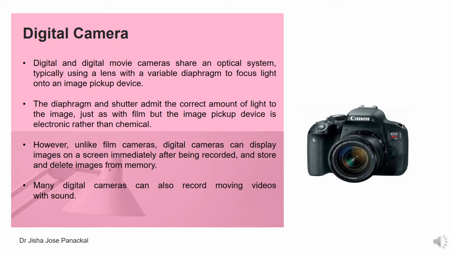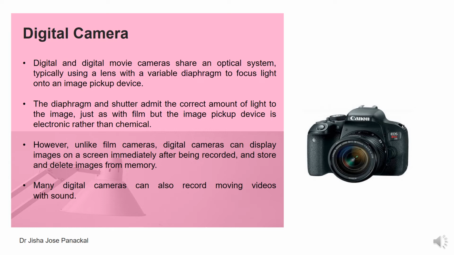Digital and digital movie cameras share an optical system, typically using a lens with a variable diaphragm to focus light onto an image pickup device. This diaphragm and shutter admit the correct amount of light to the image, just as with film, but the image pickup device is electronic rather than chemical. However, unlike film cameras,